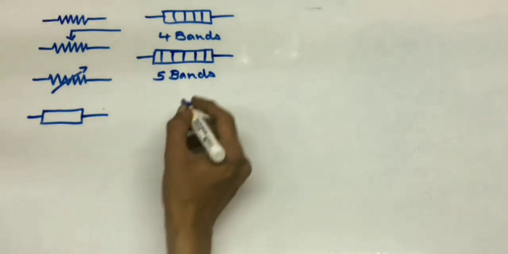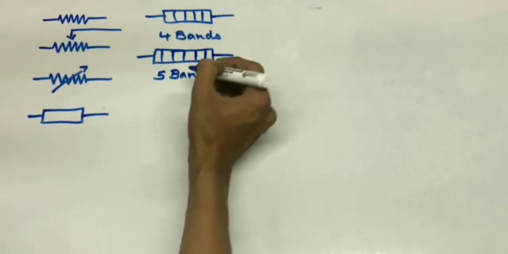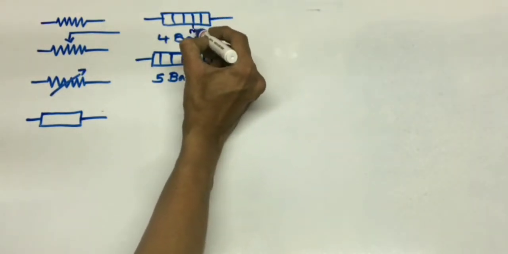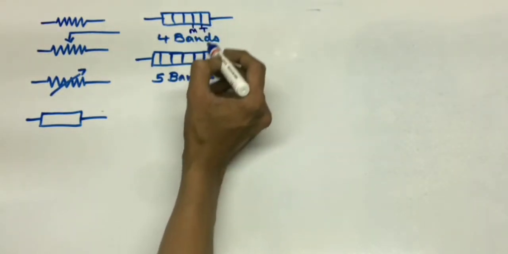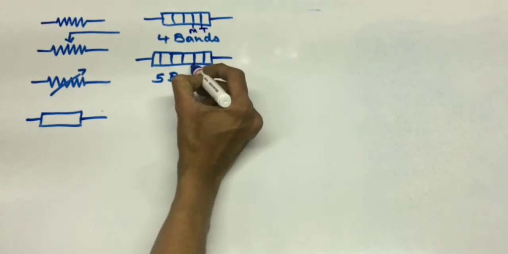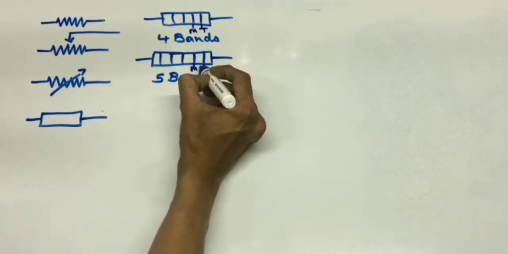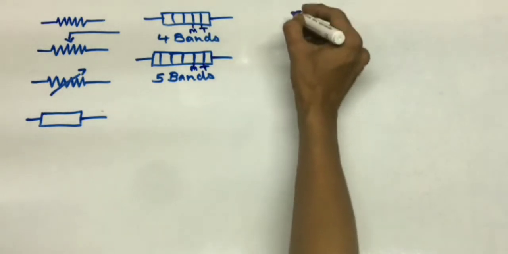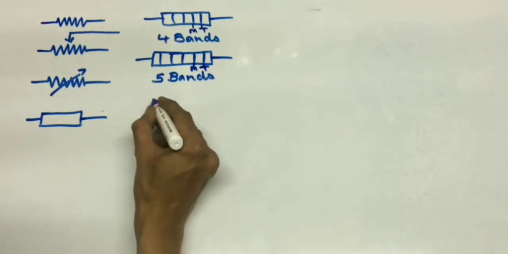So how do you check the color code of different resistors? In the 4 band resistor, the third one is the multiplier, the fourth is the tolerance. In 5 band, the fourth one is the multiplier and the fifth is the tolerance. I will give you the detail of the color coding. The color code is like this: